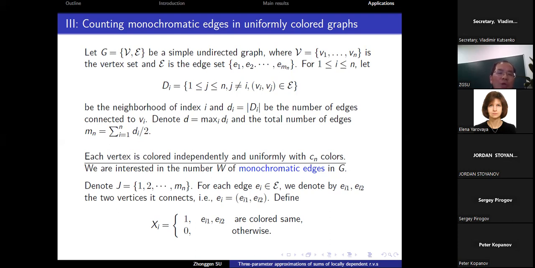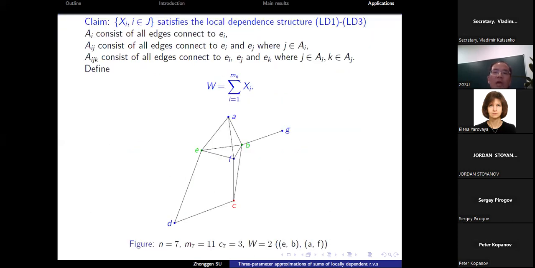Now each vertex is colored independently and uniformly with c_n colors. So look at this configuration. In this configuration, we have 7 vertices and 11 edges, and then we color this graph,